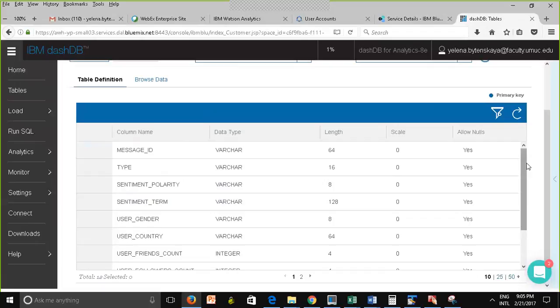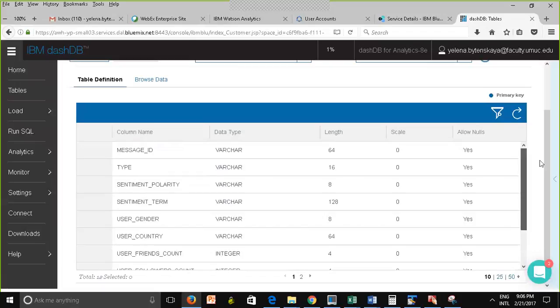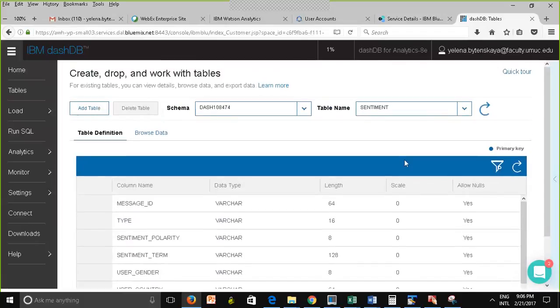Also, if somebody goes into my account and adds another column to the table, it won't affect my R analysis, because I created a view and I pull data from the view. So that's one way to do it, and that's probably the best way to do it, to create a view. And the code to create a view is in the walkthrough.